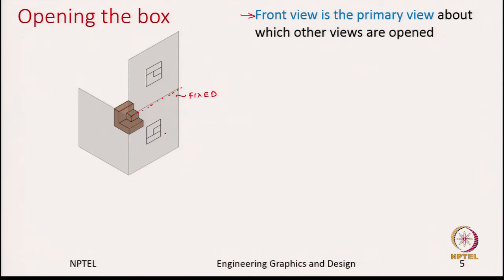Let us do the same thing with the side view. Here is your profile plane on which you can capture the side view. So, we have captured the side view. Now, again we need to rotate this side view such that it is in plane with the front view. How do we rotate? We again choose the edge which is common with the front view. That edge is this line, and if I rotate this profile plane about this line, this is how it opens gradually.